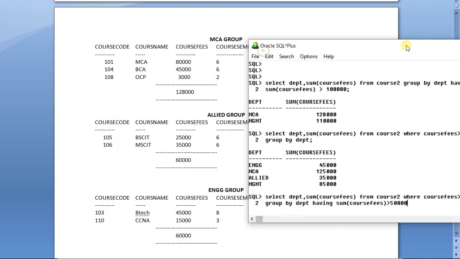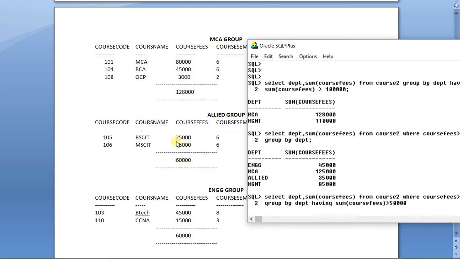Again the same thing will happen: this will be stopped, this will be stopped, this will be stopped, and one more will be stopped. And the total will be calculated. Then on the basis of total, if any total is less than 50,000, that will also be stopped. In RAM this total will be created, but it will not be displayed because the having clause will stop it from coming.